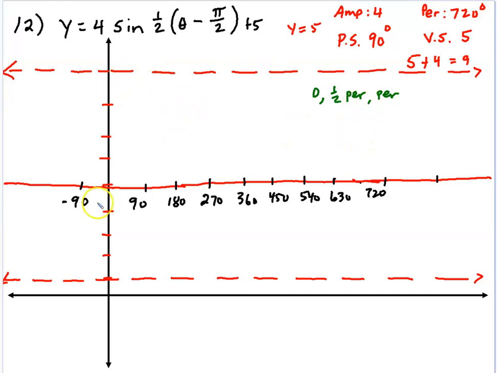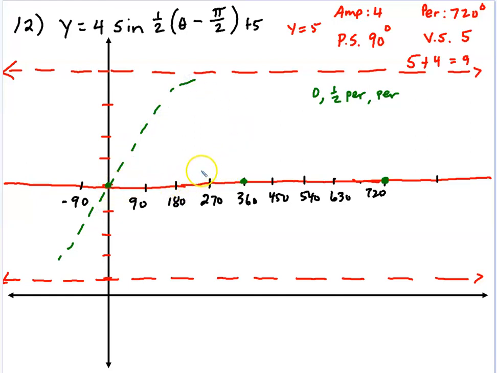And so what that means is we've already established the period is 720. So before the phase shift, we would be crossing here. Half the period would be here, and then the period would be here. All right, and we know that sine, I'll just do a little dotted line here. Sine would go through the origin,